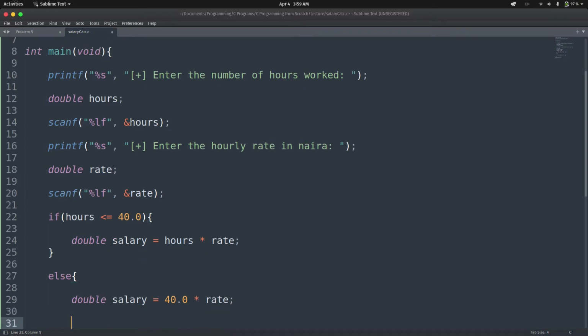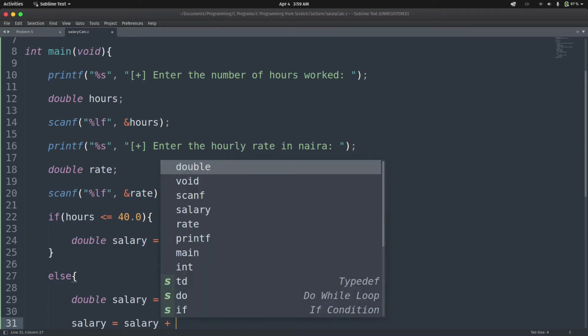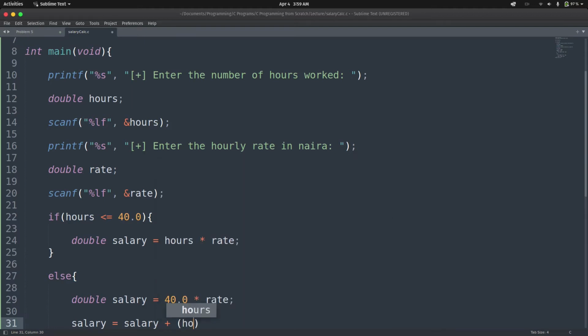Then for the extra hours that he worked, we are going to calculate it this way by saying salary equals the salary that we have in line number 29. Now we are adding it to the number of the excess hours that he worked. So it's going to be salary plus, now we have hours, since we know hours is greater than 40, hours minus the 40.0, and then this is the excess hours that he worked. It can be 1, it can be 2, it can be as many as possible. Now times